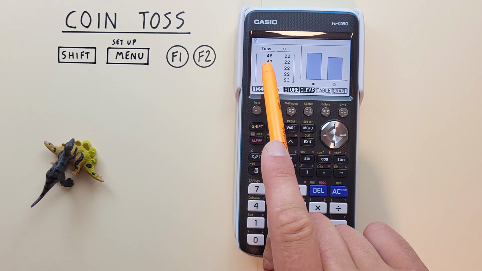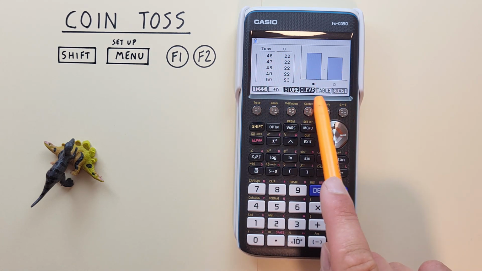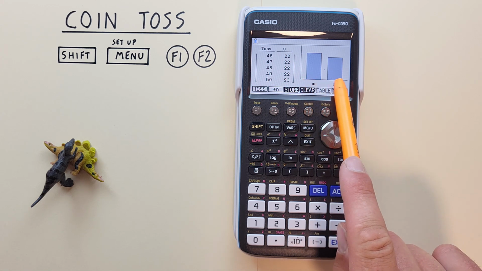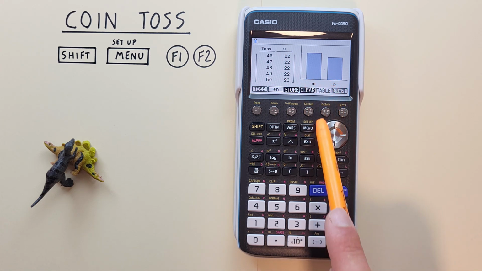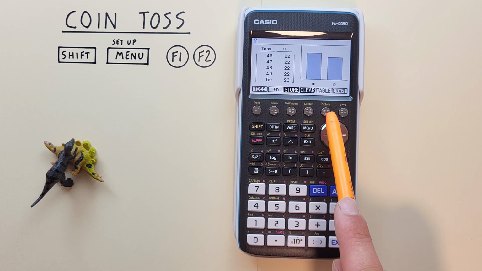On the left, we see our table, and on the right, we see the graph, showing us it's pretty close to even, but not quite. And if we want to choose the table with F5,